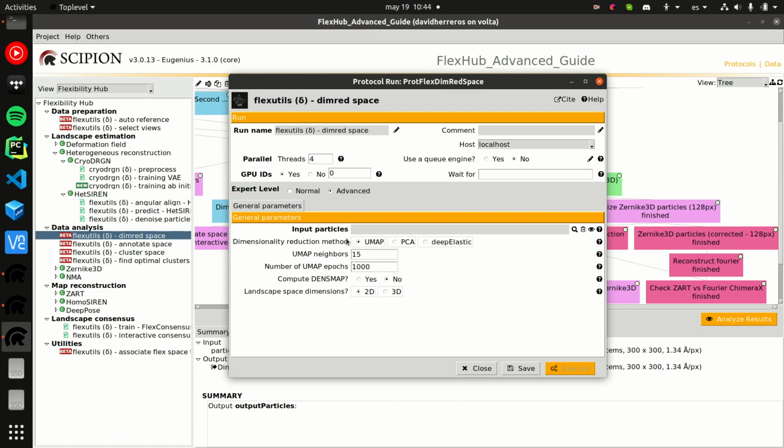Problem is that for some cases with UMAP, you need to set up a lot of different parameters, and you can get some artifactual representation. So always my advice when doing this kind of dim red space things is try to run all the different options you have here, like UMAP, PCA, DPLASTIC. And then once you have all of them run, have a look at them and decide if you are getting a nice representation, or it looks a bit artifactual,